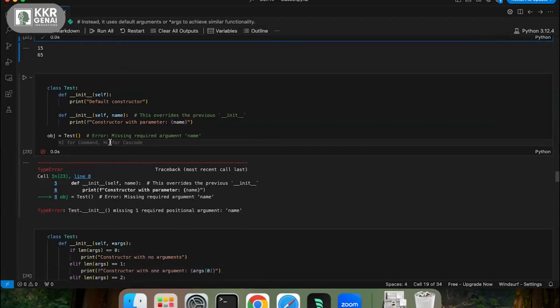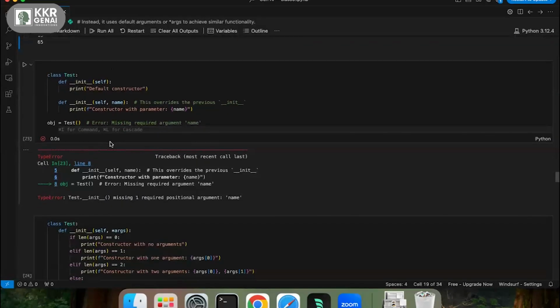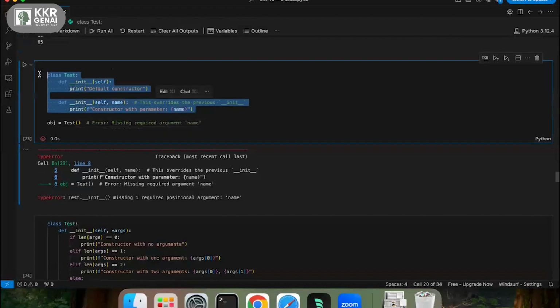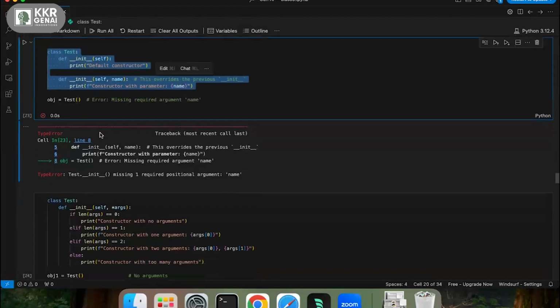Similarly, if method overloading is not possible, obviously constructor overloading is also not possible, right? So you'll get an error. If you access the default constructor here, the first method overrides the second constructor, the special method.